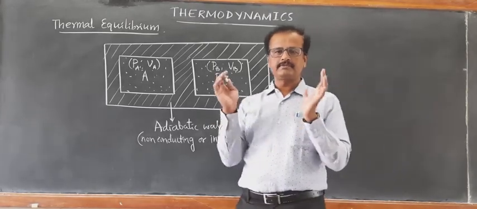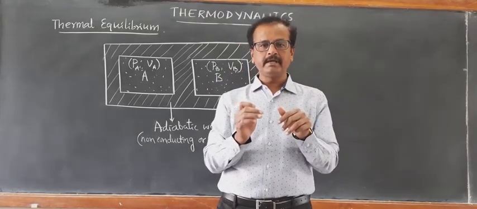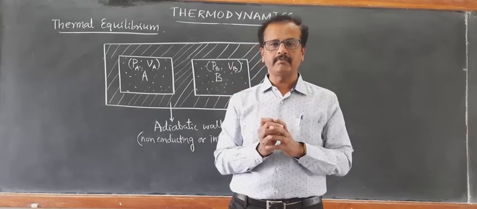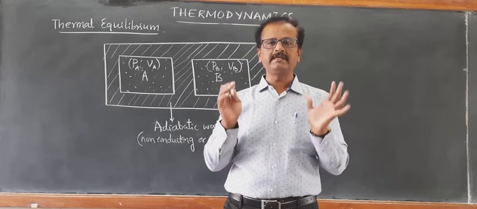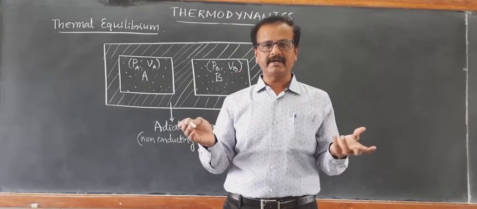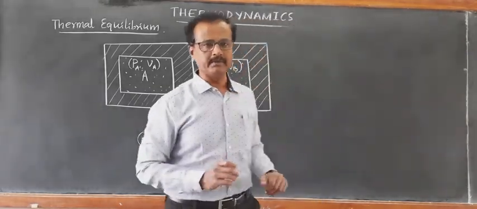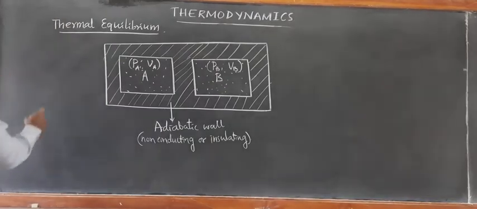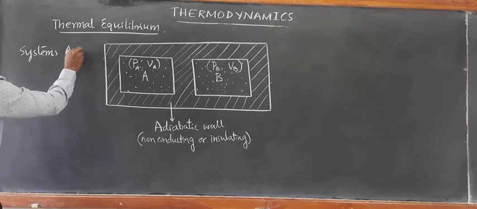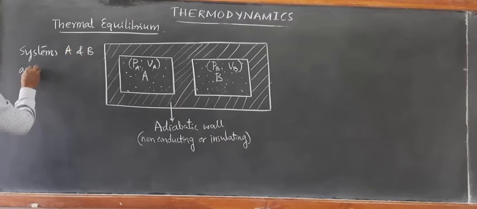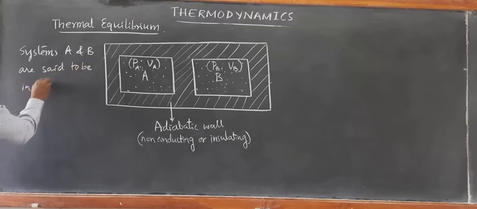When the two systems are brought close to each other, separated by an adiabatic, non-conducting wall, if their pressure and volume values remain the same over a period of time, then these systems are said to be in thermal equilibrium. So systems A and B are said to be in thermal equilibrium